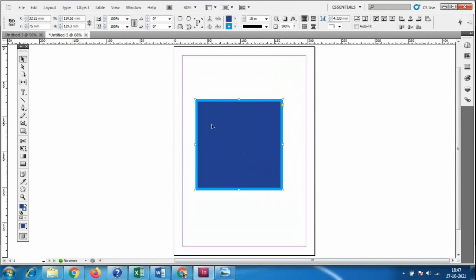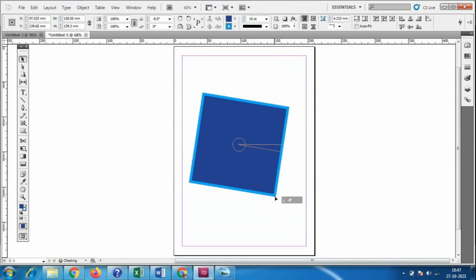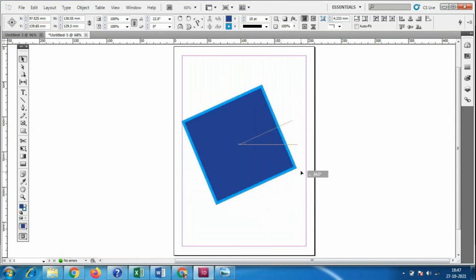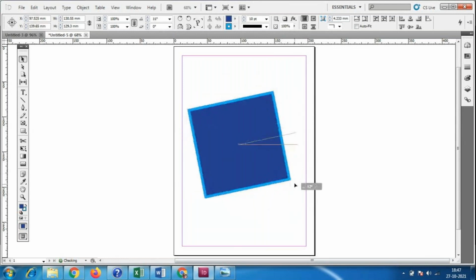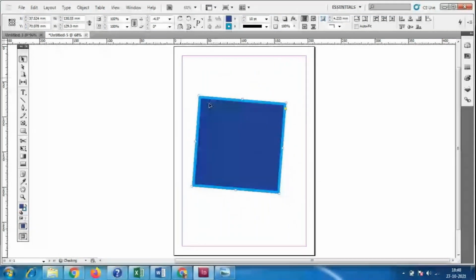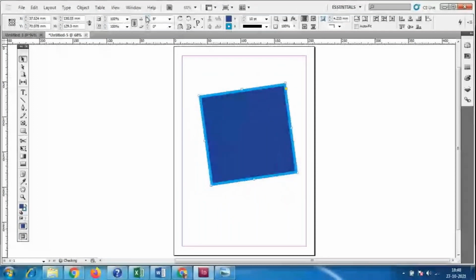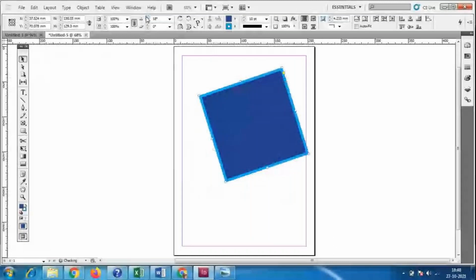Even I can rotate it. Here we have a tool called rotation, so you can make the rotation here. However many angles you want to rotate it, you can rotate using this option. Otherwise, can you see, everybody? Even manually you can give the proper values and make the rotations. So you can give the rotations and all, and make it.